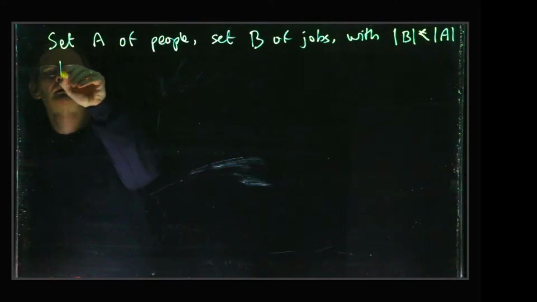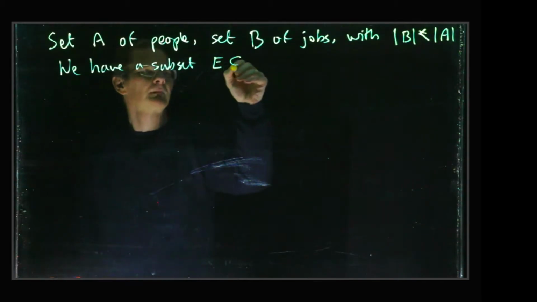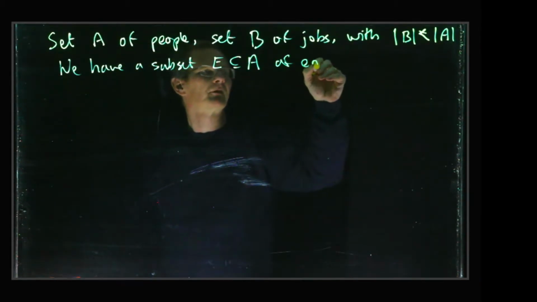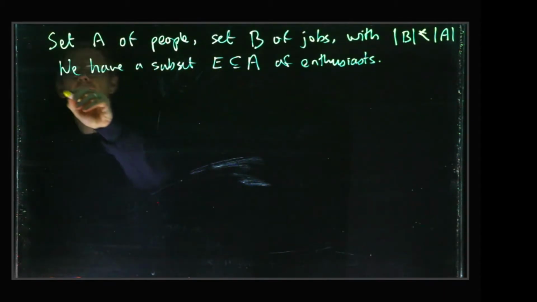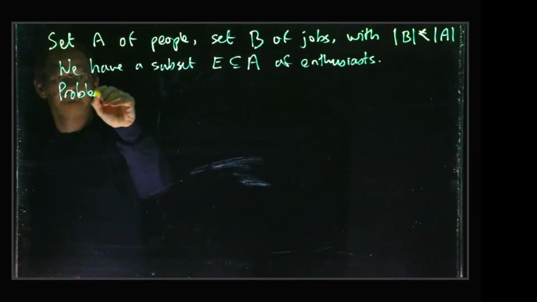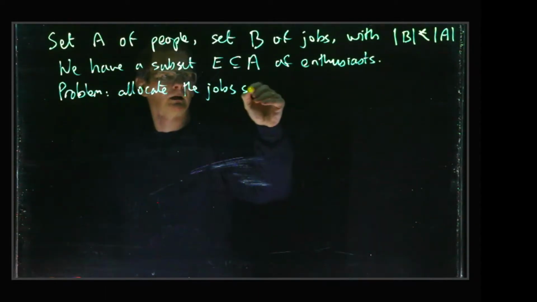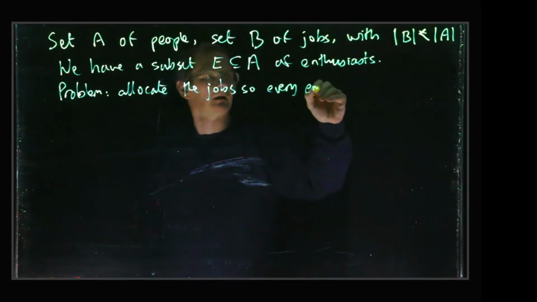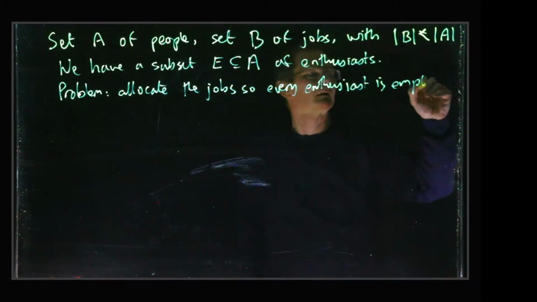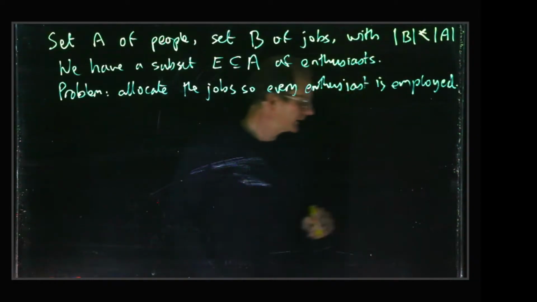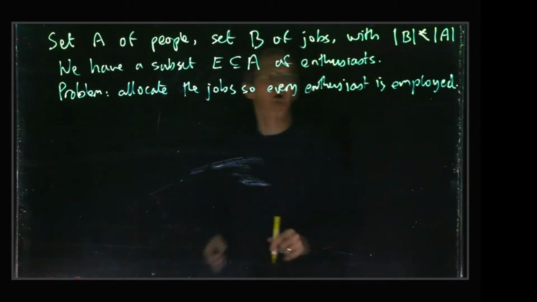We have a subset E of enthusiastic people. And the problem is: allocate the jobs so every enthusiast is employed. And we can't employ everyone because we've not got enough jobs for that, but we can hopefully arrange that all the enthusiasts at least get jobs. And then